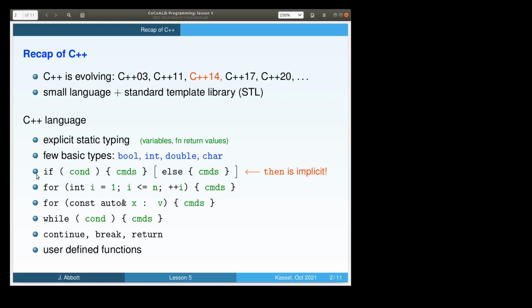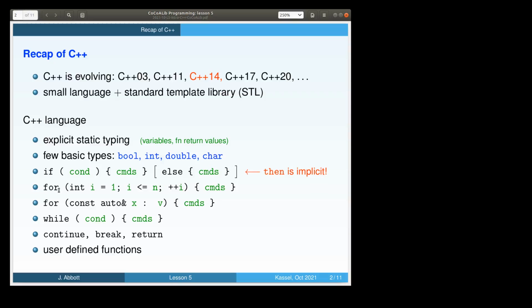Here are some of the main commands that we use. The if command. Notice that we have to have the round brackets here. These are really part of the syntax. So it's if, we then put a condition inside round brackets, and then the then part we would normally put inside curly brackets. In C and C++, we can read the curly brackets as essentially begin of a block of commands and end of a block of commands. And then with if, there's also an optional else and other commands to do if the condition is not true. Notice that the keyword then here is implicit. We don't write a then here. This is also quite different from what we do in